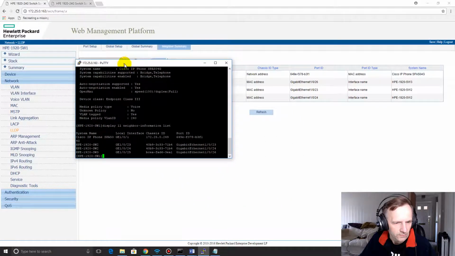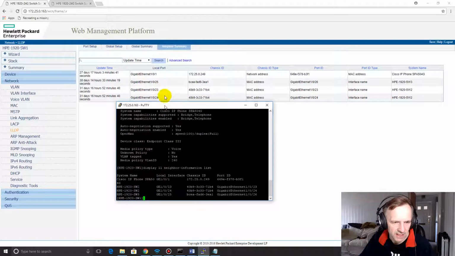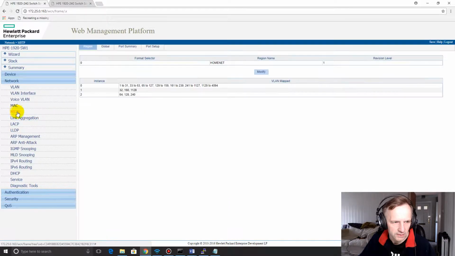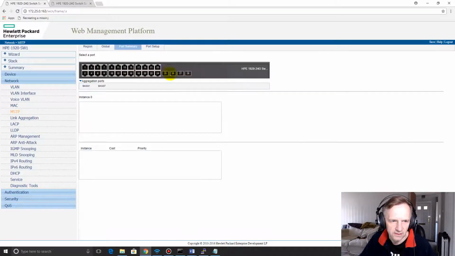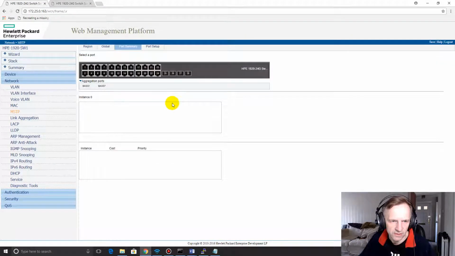So one of the other things we can do is have a look at the spanning tree protocol on here as well. So here you've got the same, you've got the instances that I've configured, the VLANs that I've configured on the instances, region information. It can show a lot, to be honest. So port summary, say for instance we go to port 24,